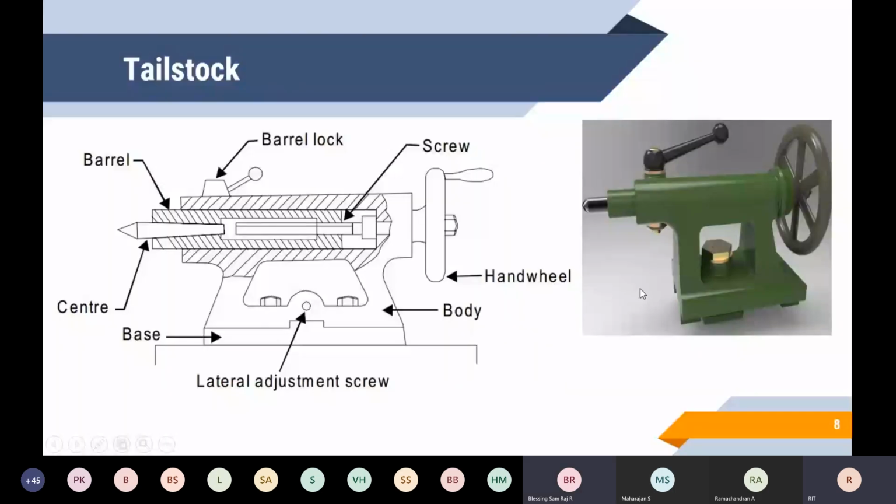And the next is tailstock. Tailstock is also sometimes called the loose headstock or puppet headstock. It is mounted on the bed on the right side of the lathe bed. Tailstock is used for centering the job. When a long job is placed on the chuck, it provides good support and dampens the vibration. It also has a main role in the lathe machine.